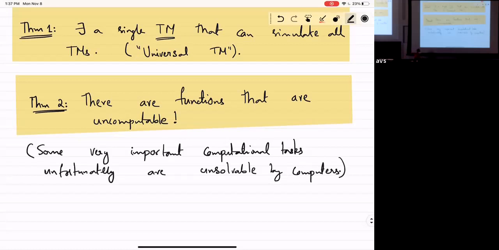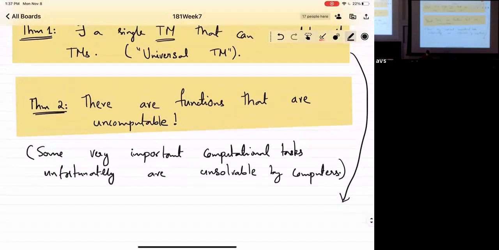And so let me say first a little bit about this universal Turing machine. This is highly circular logic, in the sense that we are saying not only a Turing machine is universal as a model of computation, there is a single one which can simulate all of them.